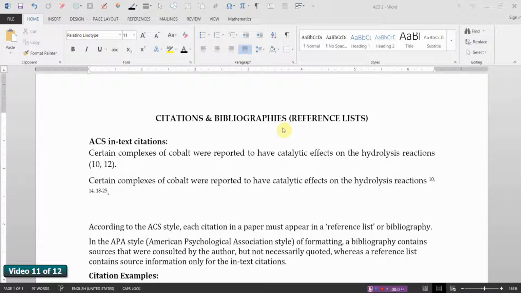Citations and bibliographies, aka reference lists. In a technical paper, information that is quoted or copied from other sources must be referenced. And this is done by placing a citation number or reference number immediately following the quoted information. And then, at the end of the document, all the citation numbers or reference numbers must be listed in a